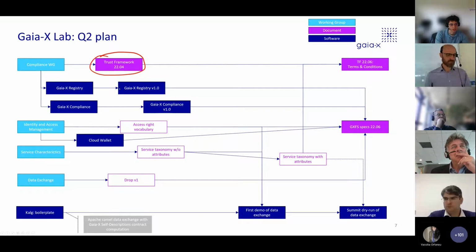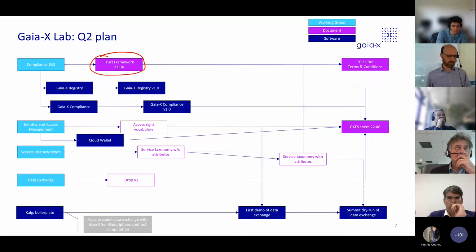So to answer the question of Albert earlier in the chat about policy negotiation, traceability are mandatory to be compliant. It will become compliant when you expose the services that are going to do data exchange. So far, at that point in time, we don't have specific attributes. But again, this is Trust Framework version 1 or 2204. That will evolve quickly.